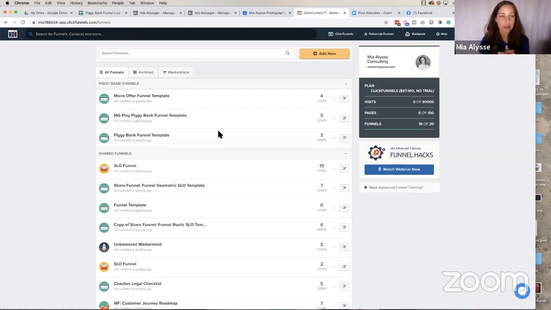But anyway, to start out with a members area, I guess it would be helpful to identify what is a members area. So you have products and you need to deliver them somehow. So you can do that on different platforms. Some people like Thinkific, like we use Thinkific. Some people like Teachable. Some people like